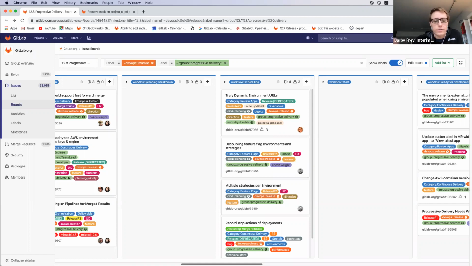So if we just start to fill up that backlog with the next items, we could fill that with what's in the scheduling column now and say, if you finish everything that's in ready for dev, then you pull the next top item from there.